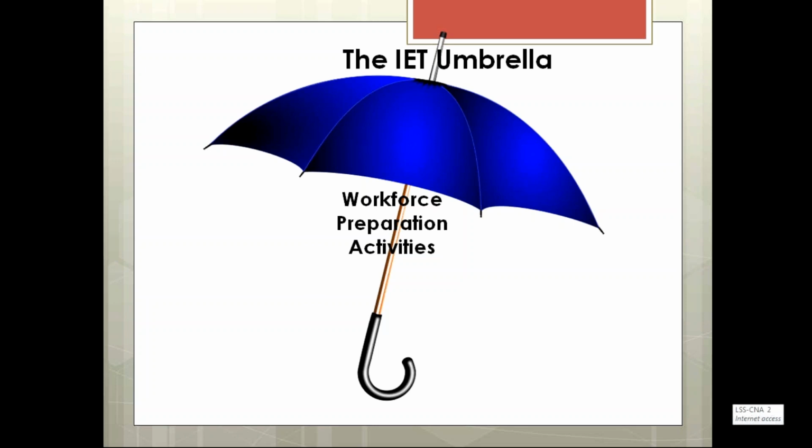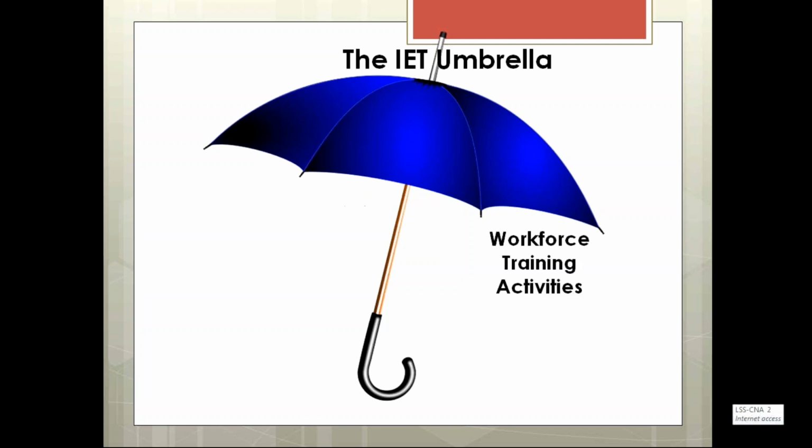And these facilitate the acquisition of what we would call soft skills, employability skills, marketable skills, transition skills. So there are lots of names for them, but they are defined as workforce preparation activities, one key component of IET. And the third component that falls under this umbrella are the workforce training activities that are for a specific occupation or occupational cluster for educational and career advancement. It includes contextualized instruction around high demand occupations.